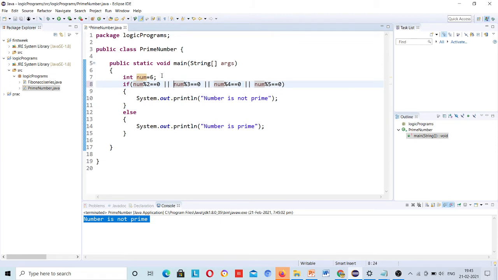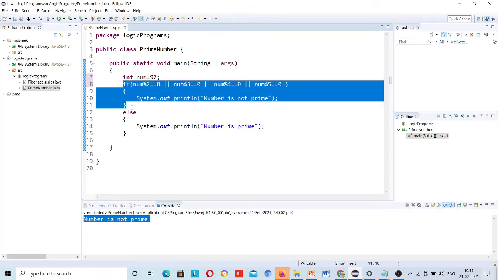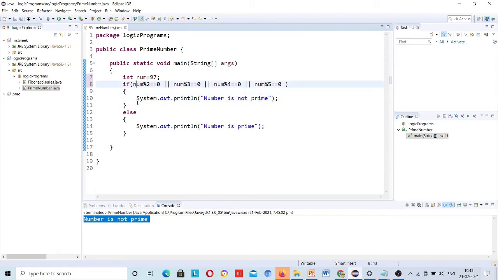But suppose what if your number is 97, will you write more and more conditions here? It will be too bulky. Or you can write multiple if parts, just like in this program I can also use multiple ifs instead of writing in the same line. That's not today's part. Today's part is the prime number problem. So instead of writing this bulky code, you can go for a better one, and that's a for loop. If you have not watched my for loop video, please go, you will learn something new. I will give the link in the description.